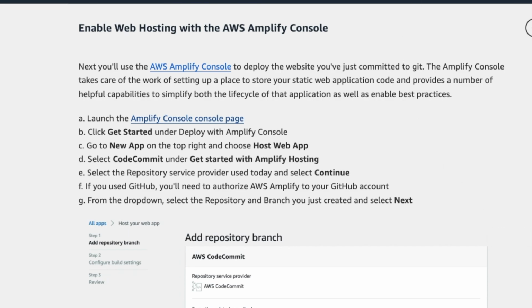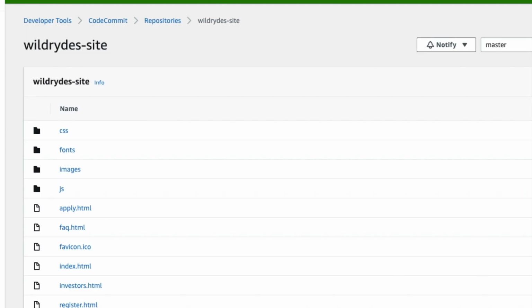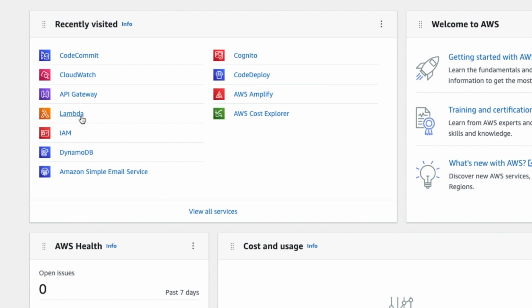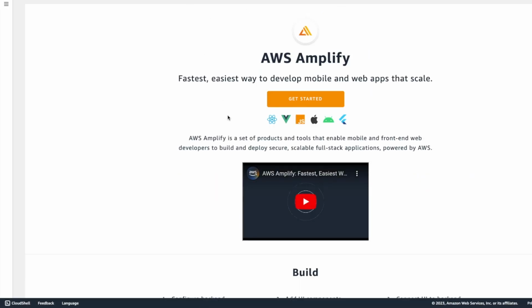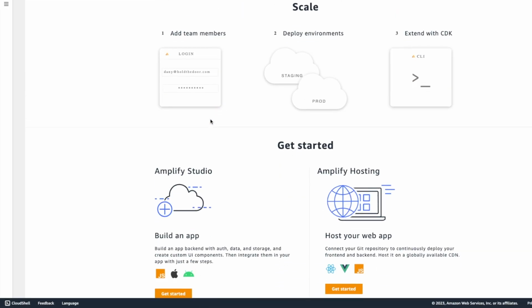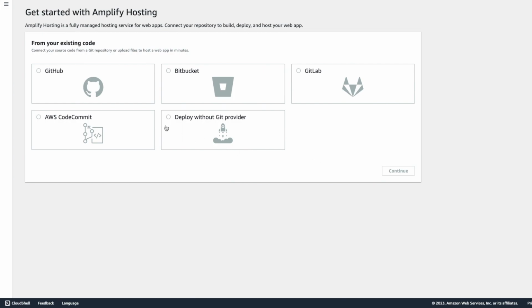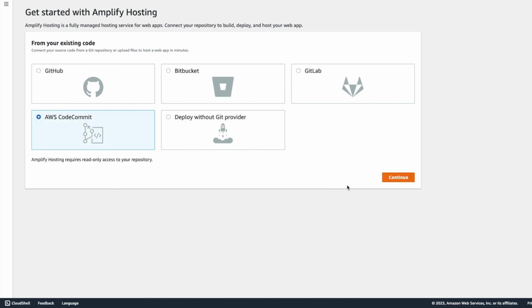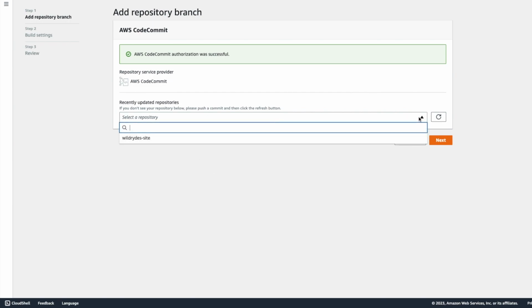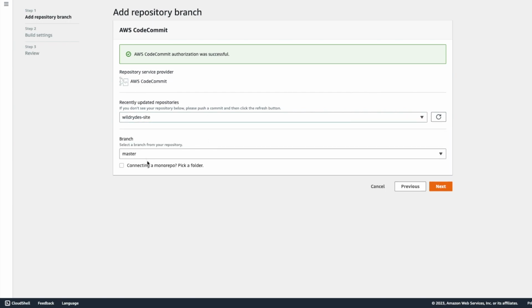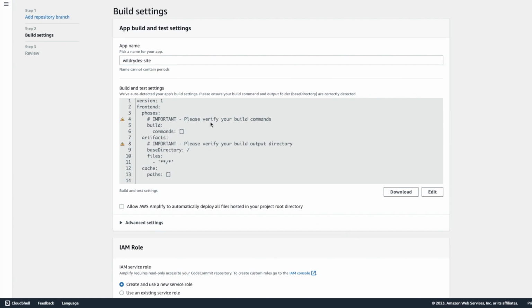Next we jump over to Amplify. So I will open up a new window and type Amplify, or I already have it here. Right, then scroll down and go to host your web app, get started, then AWS CodeCommit, continue, and here you can select your repository and branch master is correct, then click on next, and then you put in the name WildRides site,